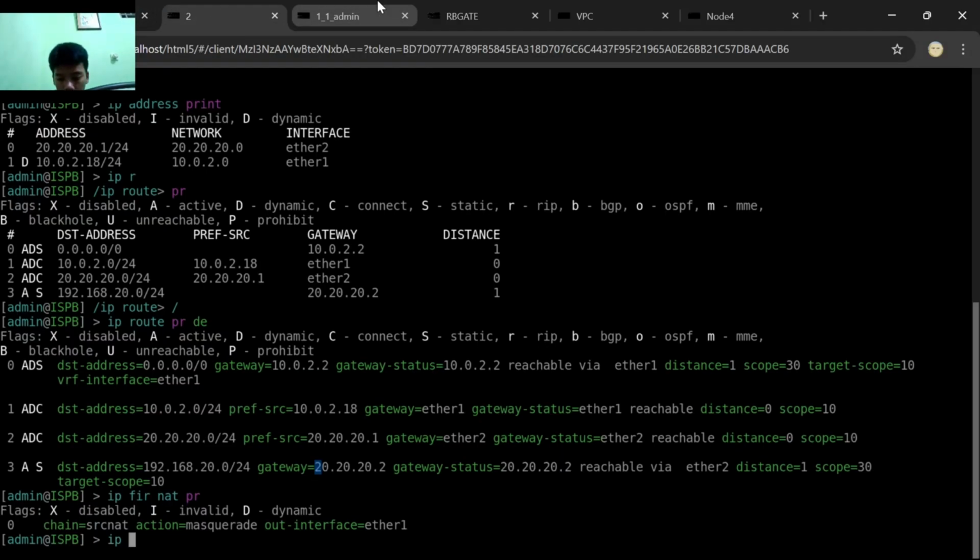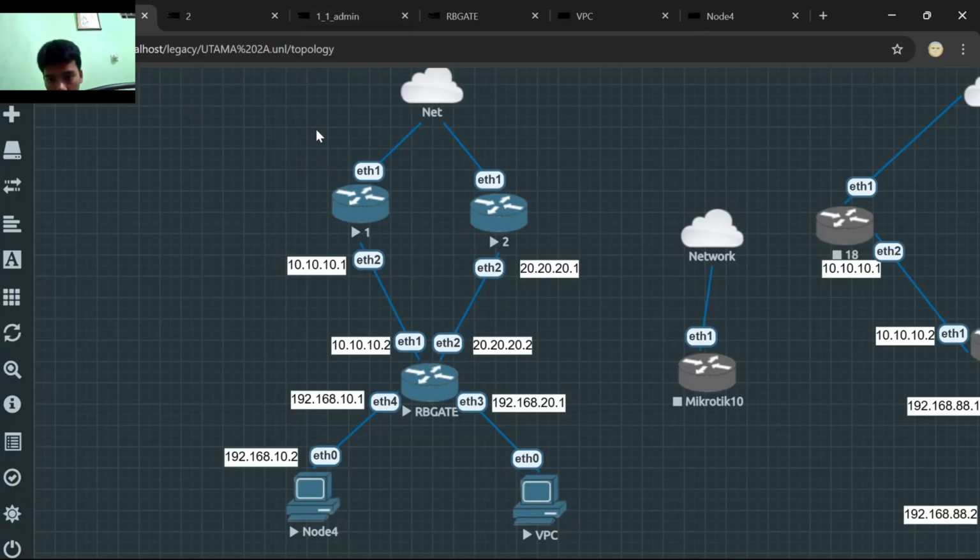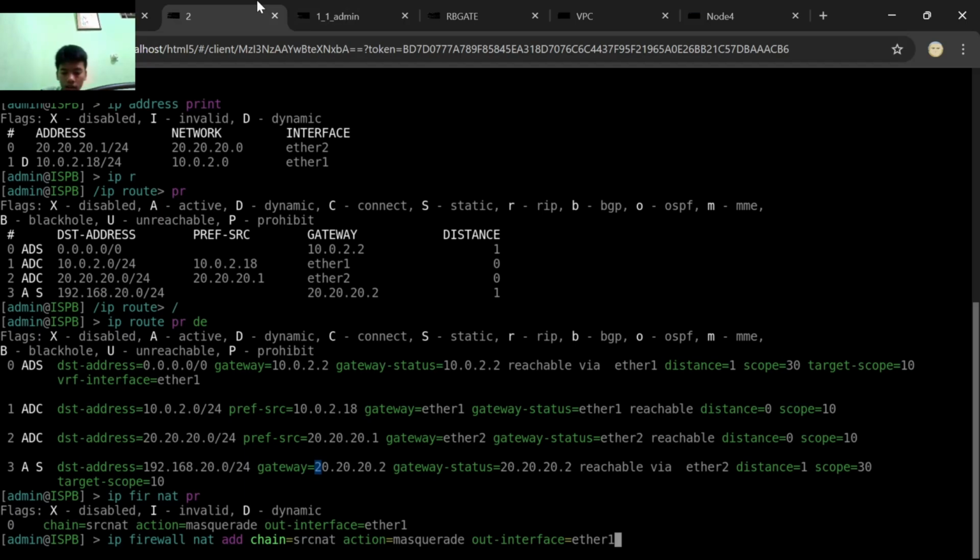Same, we add the firewall NAT, add chain srcnat, action masquerade, out interface Ether1, because this Ether1 connects to the internet. Okay, enter.